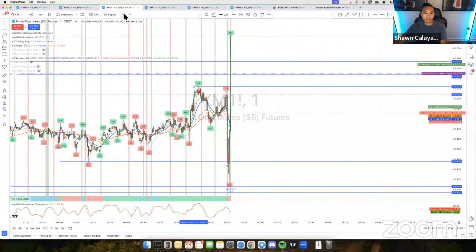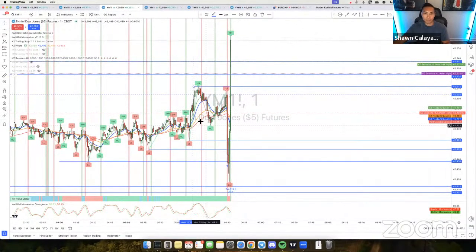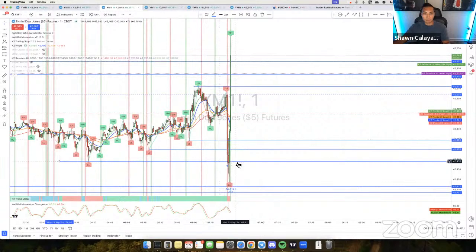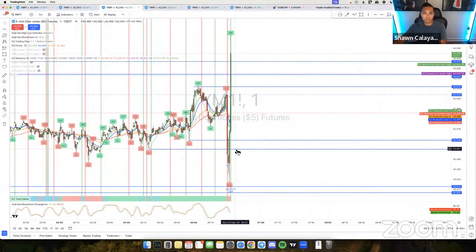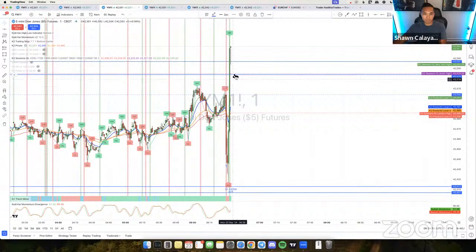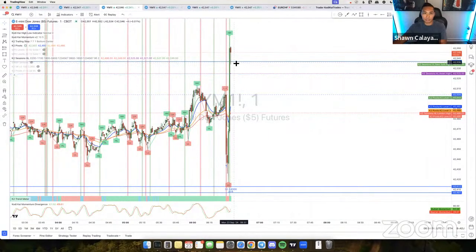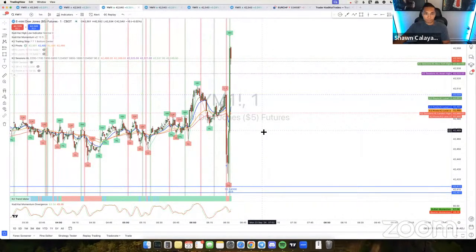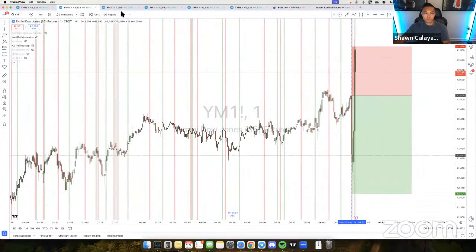So if you guys took any of these levels of liquidity, it looks like your full TPs would have been hit. This one would have been hit, this one, this one. So 3 levels of liquidity right here, full TP with regard to the initial breakout move. And then price is now pushing back up over here to the top side where it hit liquidity up here as well. So this liquidity got hit, full TP. This liquidity right here got hit, and this one right here got hit as well. So I'm out of the breakout.